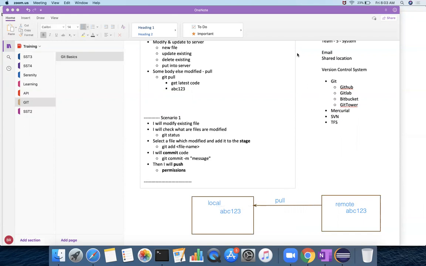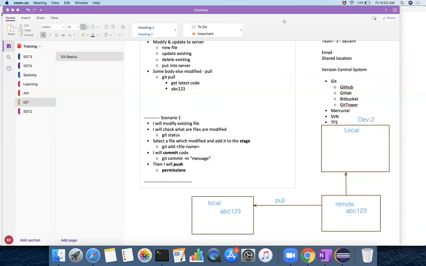Then there is another developer who worked on this repository. This is his local, let's say dev2. First he will perform the pull operation.